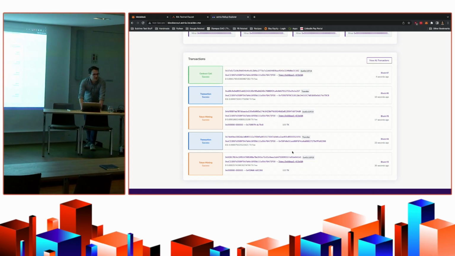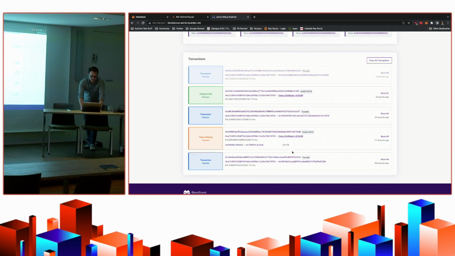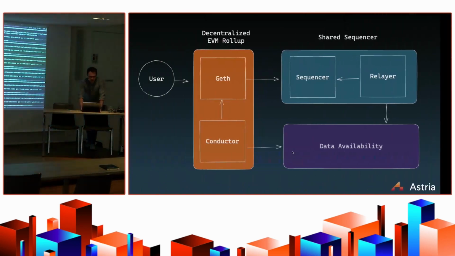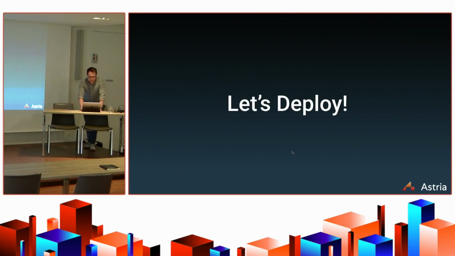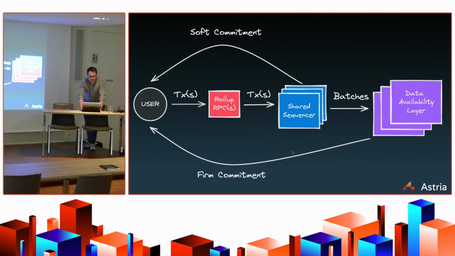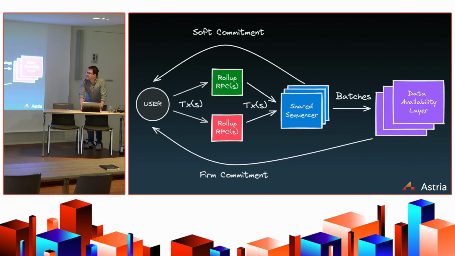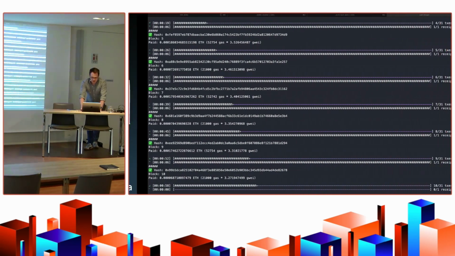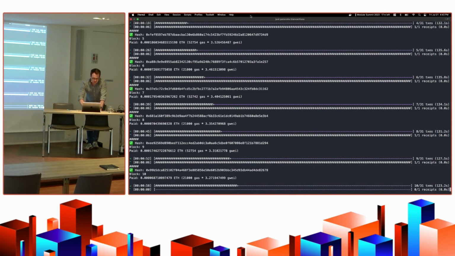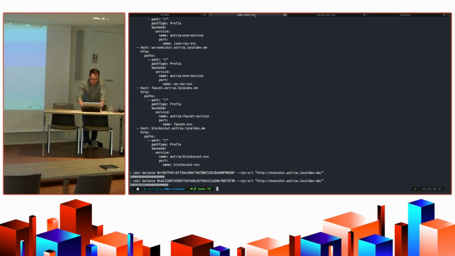This is all fine and dandy. We have a Geth-based rollup that functions generally like Geth, but we promised you a shared sequencer. We go forward, and it's like, oh, there's one, but what we actually wanted was this, right? We wanted to see that we have 2 sets of RPCs and 2 rollups running. So why don't we go back here, and while we have all these transactions executing,